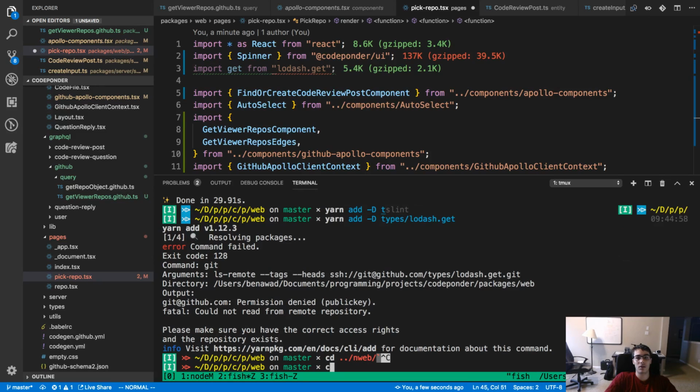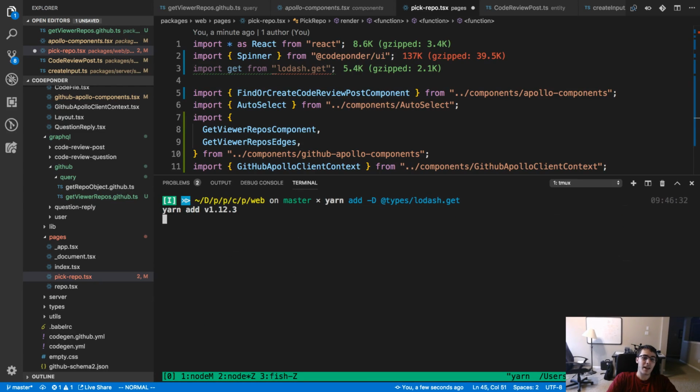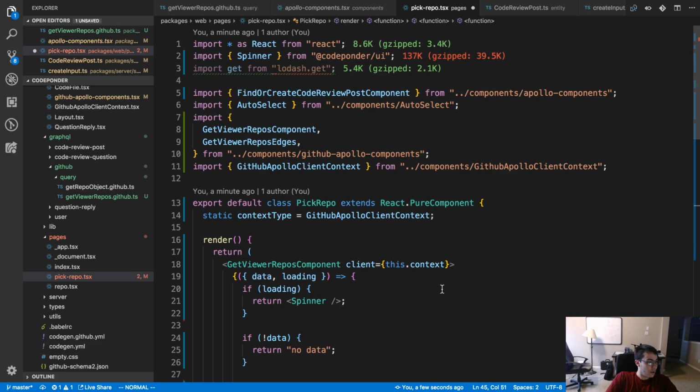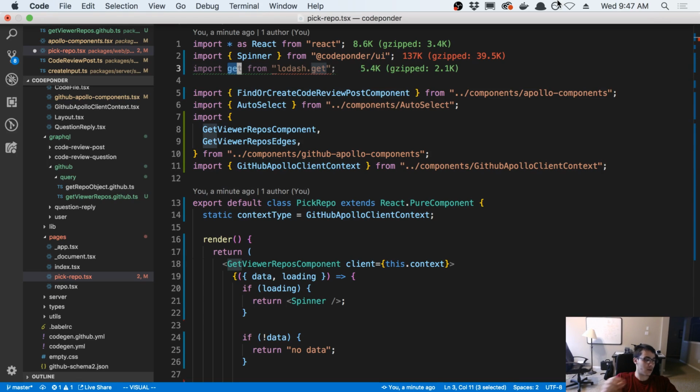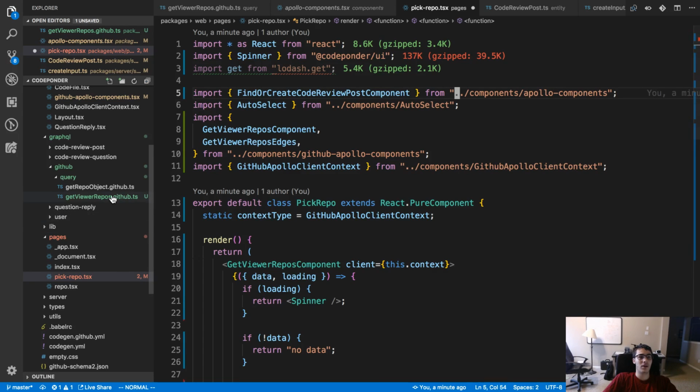Command failed. Forgot to add the @ sign there. Anyway, if you install all of Lodash and import get from it, you get the same effect. Yeah, I'm just used to installing them individually. I guess I could just install Lodash and then import it like that as well. I don't use too many Lodash things. This is pretty much the only one I'm usually using. Maybe we'll use the sortBy function too. And if we end up adding that, I'll just install Lodash and then import it like that.